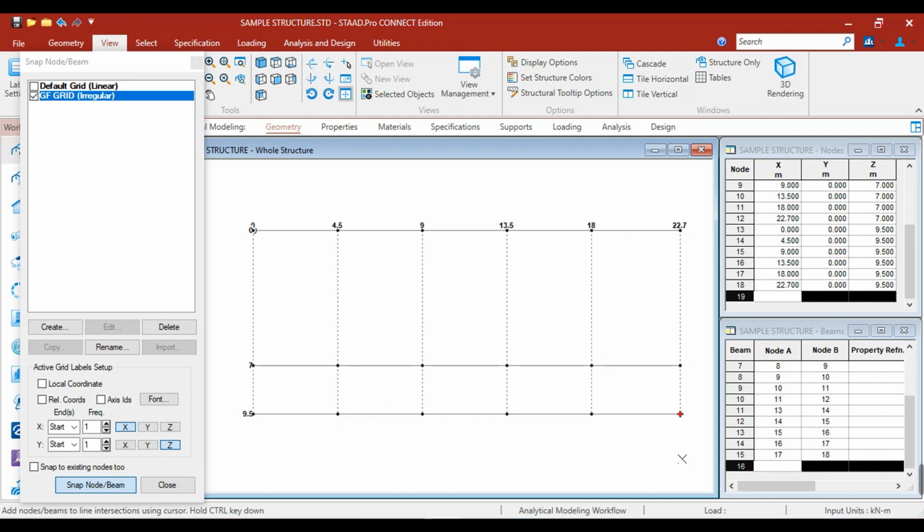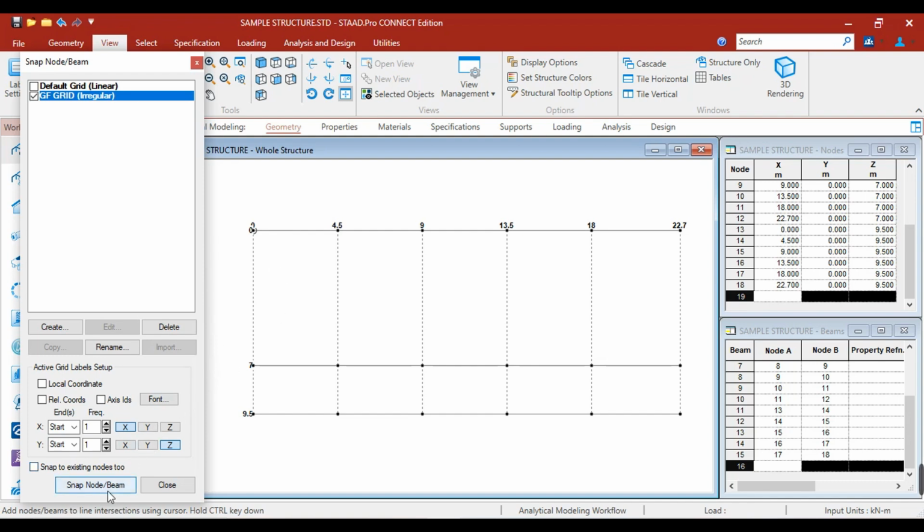One technique also, if you don't want to hold control, is to just click the snap node or beam, so it will not snap to the nearest nodes.